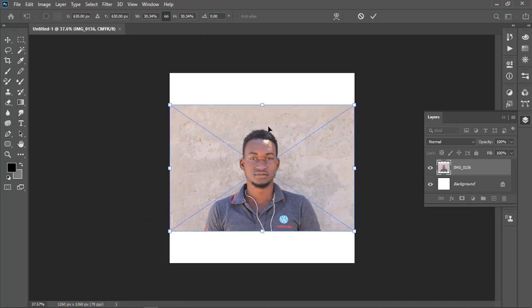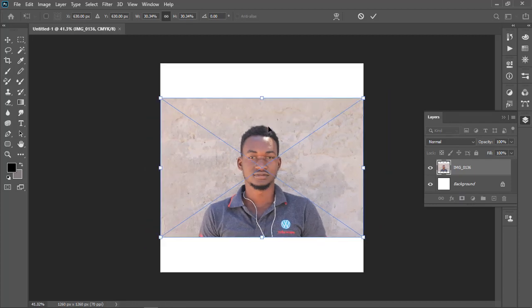There is your picture. Okay, now the next thing that you wanna do is resize the picture to the size that you want. Like for me it's a bit small, so I'm going to make it a bit bigger. You just have to move your cursor here, like you see my cursor here.